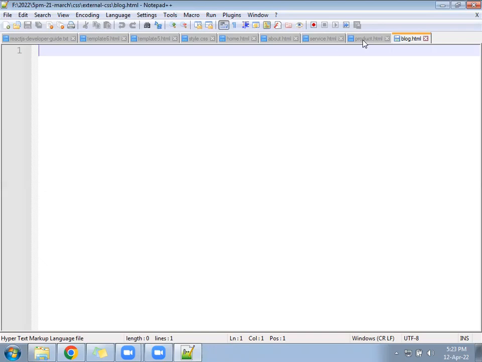So total how many files? 3, 4, 5 files. Yes. 5 HTML files and 1 CSS file. So all the CSS we will write in one place and the HTMLs are in a different place. In all the files we can call the same CSS file.